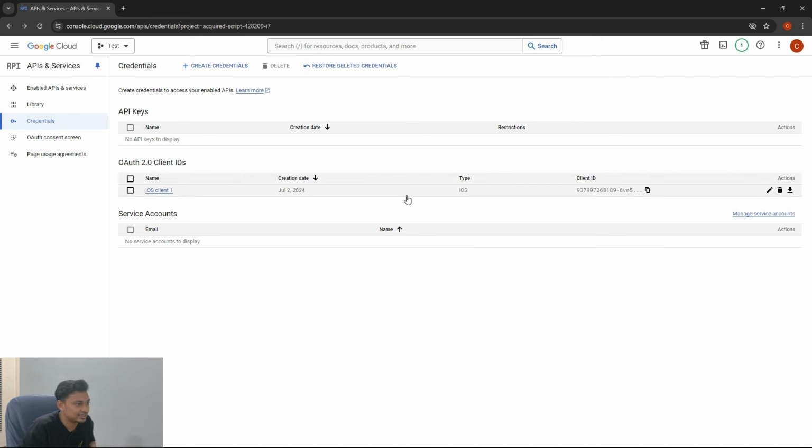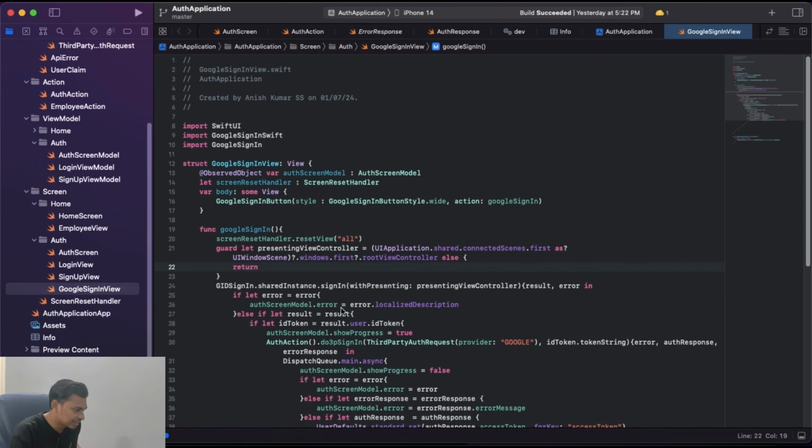It will validate the client ID and show the Google consent screen, or the Google login screen, where the user can authenticate and proceed further. So this is what we need. This client ID is what we need. Now I will show you how and where to add this client ID in our auth application. The Google API client ID, or the Google Auth client ID, which we just created, we have to add